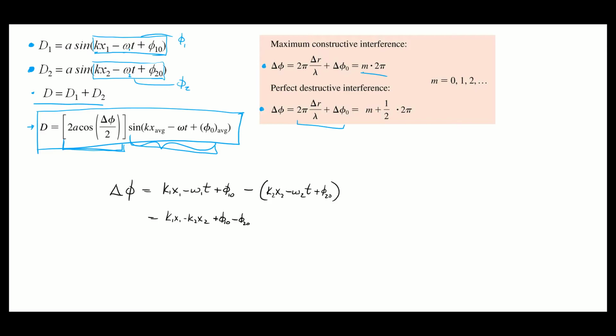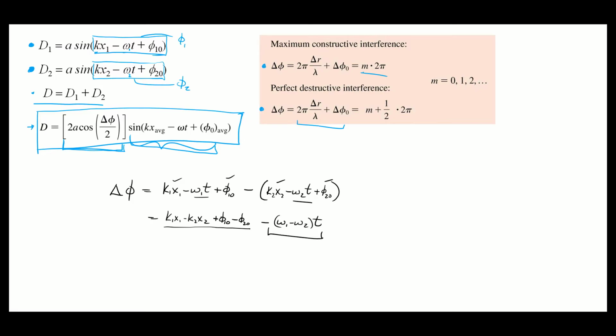All of these terms are constant in time. So this term, this term, this term, and this term are all time independent. They're going to have some phase difference that only depends on where you are in the room listening to those speakers and what the wavelength of those notes are. But then we have this other term from the different frequencies that's going to give us minus (omega 1 minus omega 2) times t.